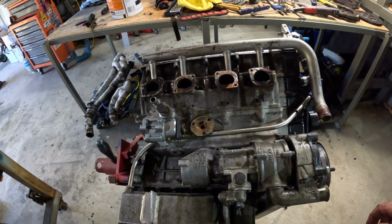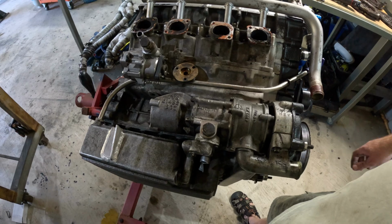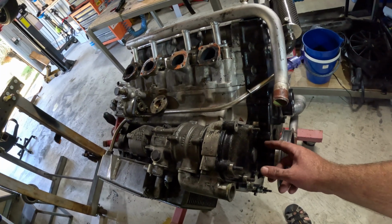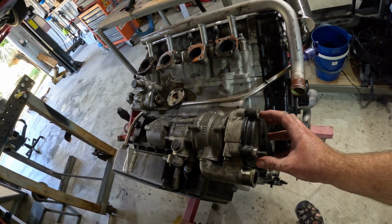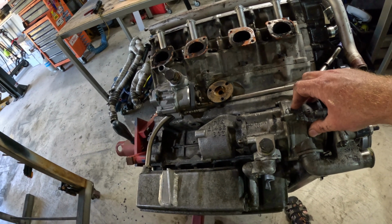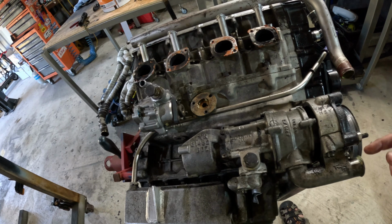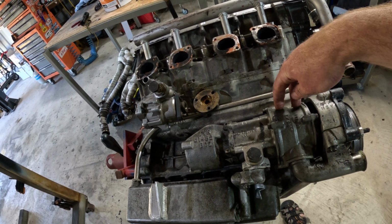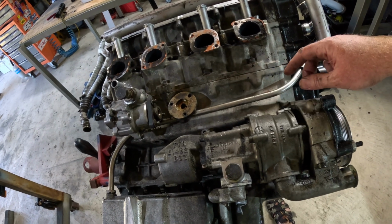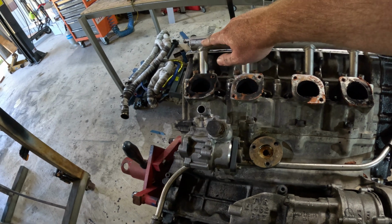Righto, well, I've got you here. I know I've sort of covered this before, but I thought I'd just show those of you at home who haven't seen it from this angle. This is the inside here, coming off the crank. You've got a series of gears and the shaft here. This is your water pump. Now apparently this has actually got two impellers inside it. That's your inlet, and each one does a separate side of the engine. The outlet being out here, coming out the top of the cylinder head